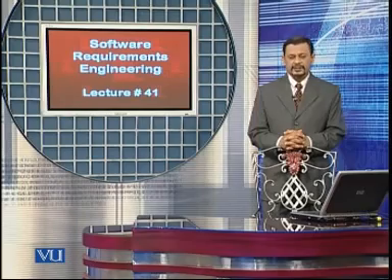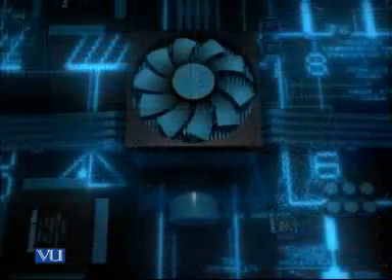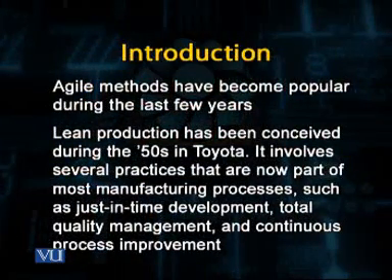Lean production is, as I mentioned, an important part of Agile methodologies. Lean production was conceived during the 1950s at Toyota Motor Company in Japan. It involves several practices that are now part of most manufacturing processes, such as just-in-time development, total quality management, and continuous process improvement. These practices are basically used in the manufacturing industry, particularly just-in-time principles, with the